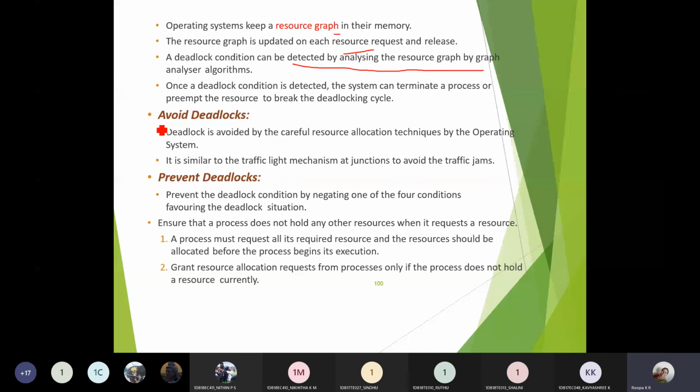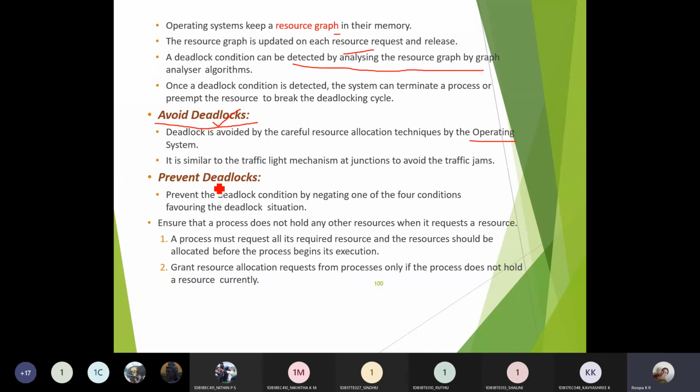Next we have avoiding deadlocks. If you avoid the deadlock situation before it occurs, there is no need to face any of the consequences or waiting periods for the process. So careful allocation of all the resources should be done when multitasking is taking place. The operating system should take care of the allocation of resources when more than one process is running at the same time. By taking care of certain conditions, or by allocating the resources in a neat and clean way, we can avoid this deadlock situation.